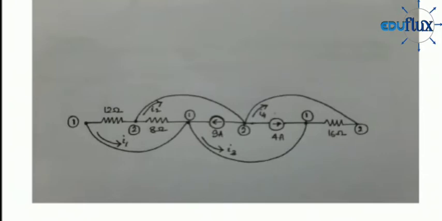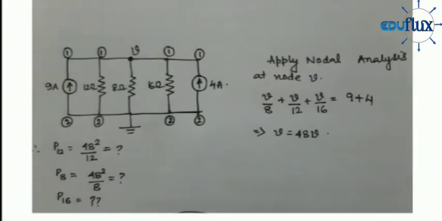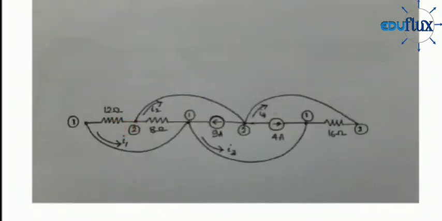Before going into the problem, let me tell you a small thing. Whenever in a circuit you find long short circuit paths, always give node numbers. Like if I say here, this is a long short circuit path, right? Similarly this is another short circuit path, another short circuit path here, and this is another short circuit path. So in short, we have to find the short circuit currents.